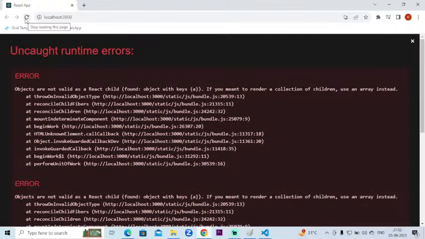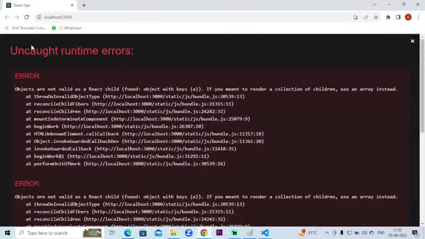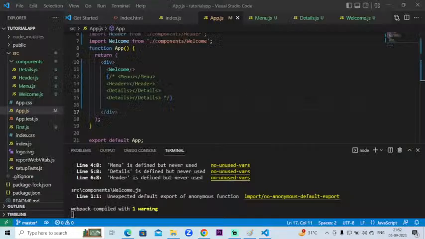Oh, so it is saying objects are not valid as a React child, and always remember this is one of the most common errors that will come in the case of React. Okay, so what it is saying, let us read it again. Object with keys a found. If you want to render this, go over here